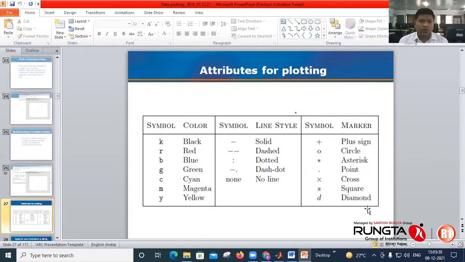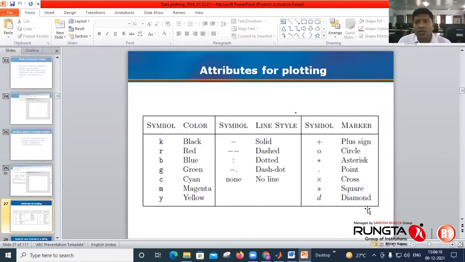So the symbol for a black line is K, red R, blue B, green line G, cyan C, magenta M, and yellow Y. Also, these are the symbols for solid, dash line, dotted line, dash-dot line. The symbols for markers or points: plus sign, circle, star, point, cross. So these are the different attributes which will help you represent your graph properly.